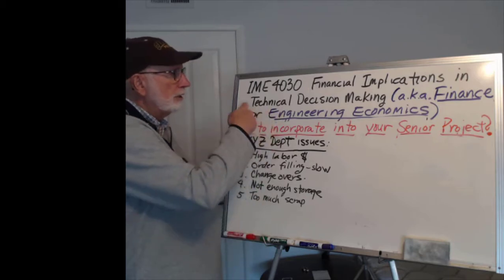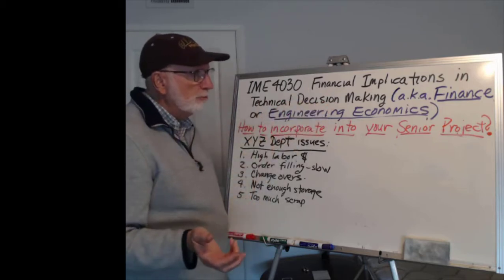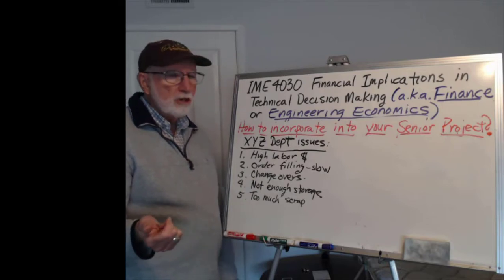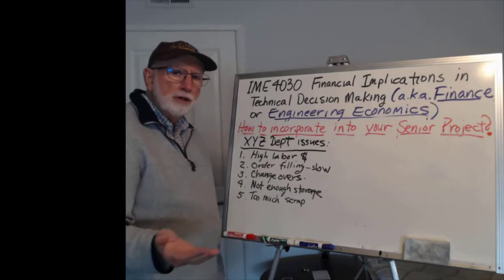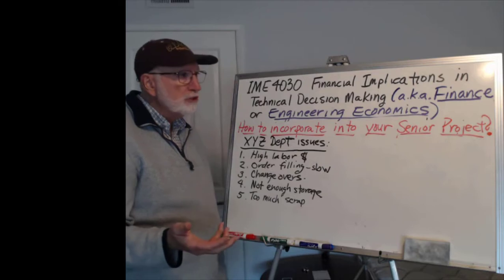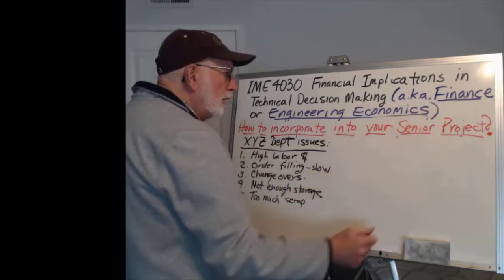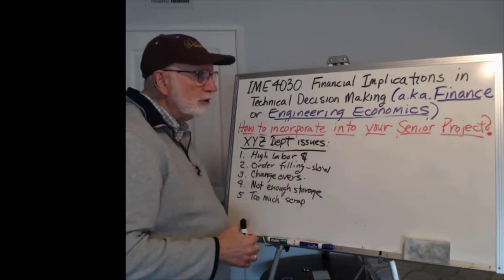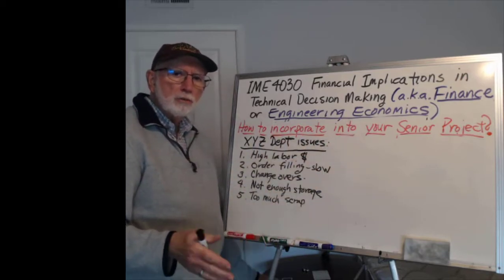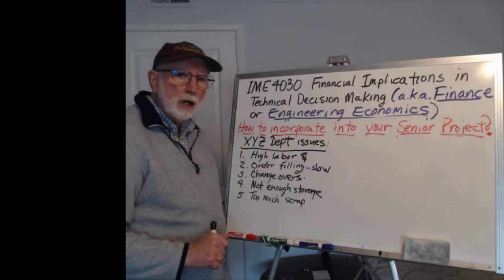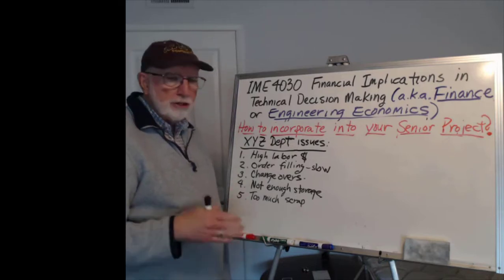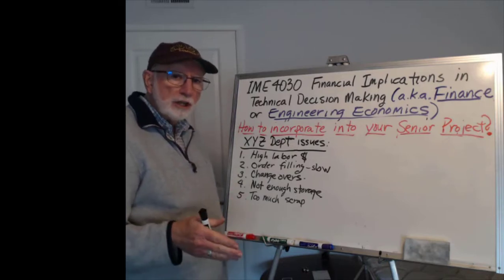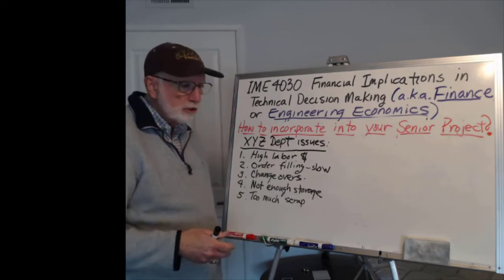We call it IME 4030 Financial Implications in Technical Decision Making, but you'll find this course in the College of Business. It's a finance course, and in most universities it's called engineering economics. Same kind of material, slightly different, but we're talking about the time value of money, discounted cash flow, compounding interest,